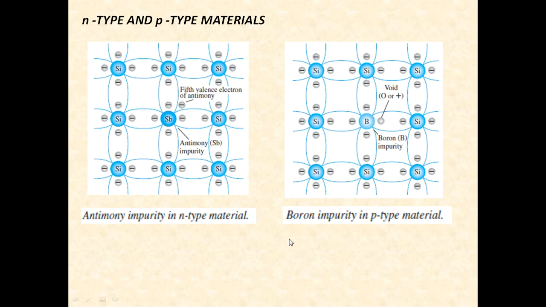Similarly, let us look at the other scenario, where the silicon is being doped by P-type impurities. Boron is a P-type impurity, which means its valency is 3. So there are 3 electrons in the outermost shell of the boron atom. B indicates the boron atom, and it is clearly observed: 1, 2, 3. These 3 valence electrons get involved in the bonding process. What about the other one? Well, there is a vacancy which is created now. This vacancy is called a hole.